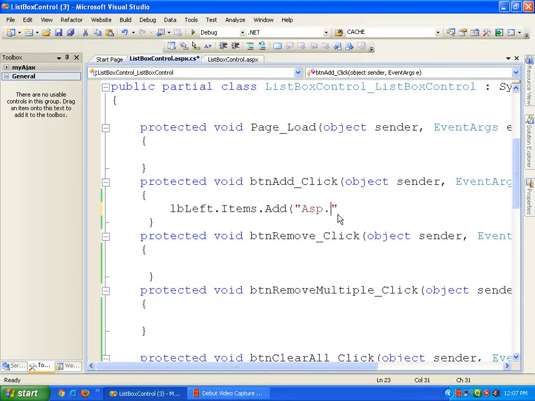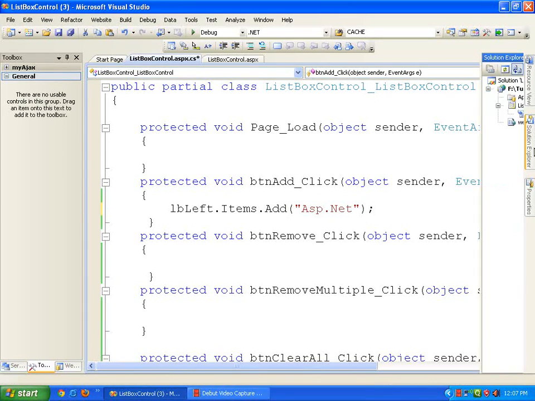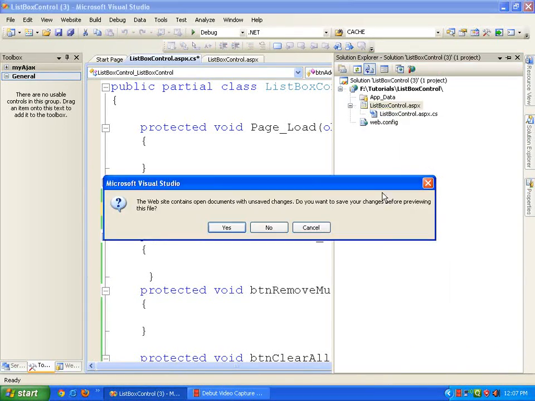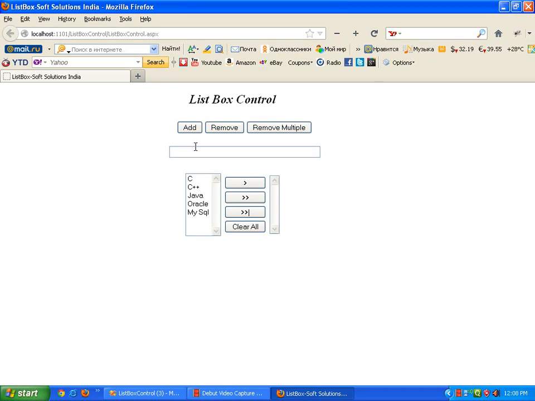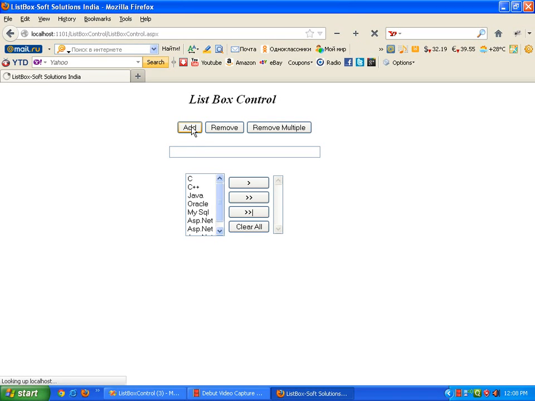So let's add a string item named ASP.NET. Now when we run this code, whenever I click on this add button, ASP.NET will get added into list box control.